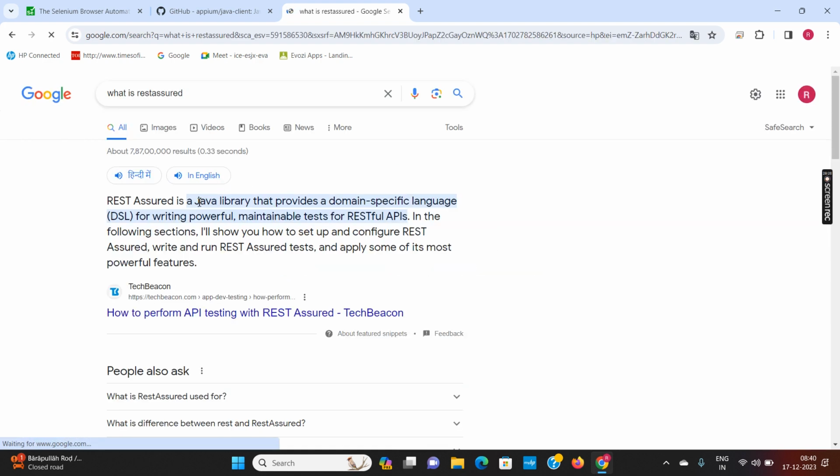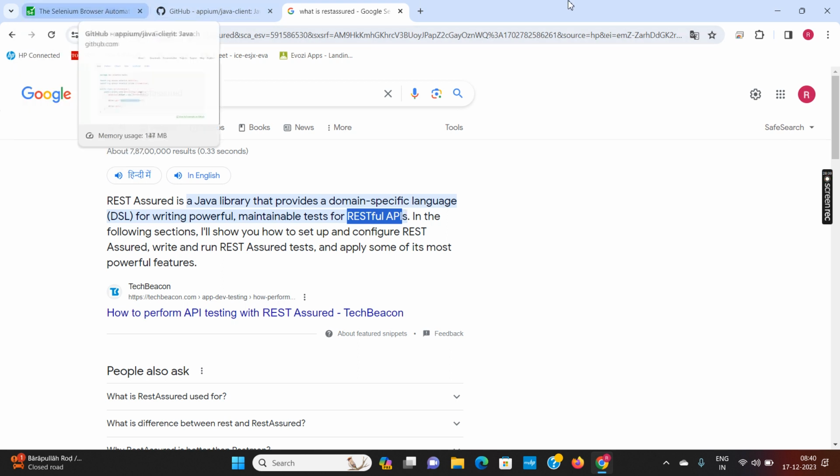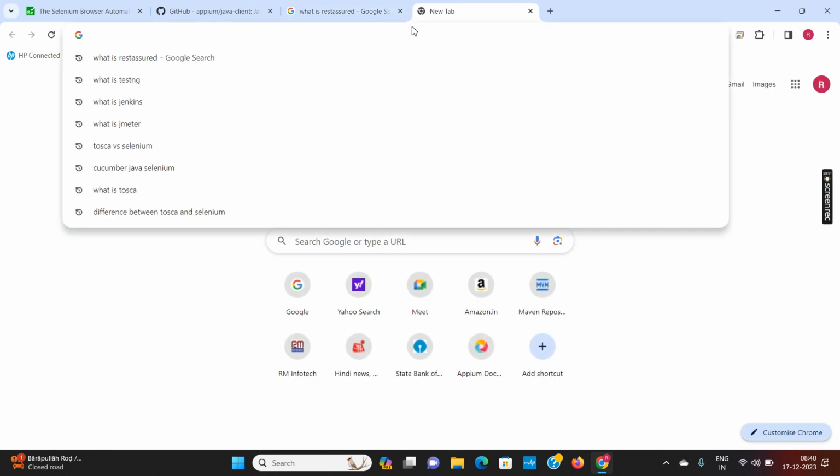REST Assured is a Java library which is used for testing RESTful APIs. So when I say that I am testing some mobile application or web application and they are using some API, we have to test the API also. For that, we will be using REST Assured.